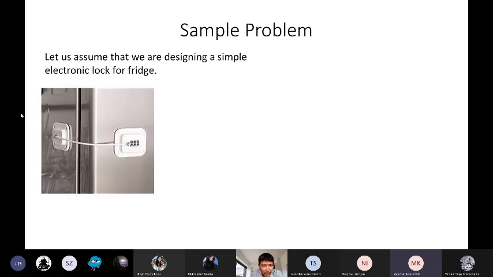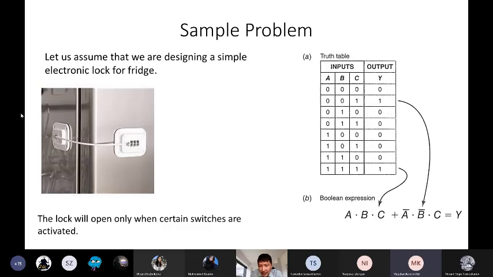So first we need to construct some truth table, because the lock will be open only when certain switches are activated. So, for example, you want to have two combinations. For example, A 0, B 0, and C 1, the output will be 1, and this lock will open. And the second combination, 1, 1, 1. So from this truth table, next you